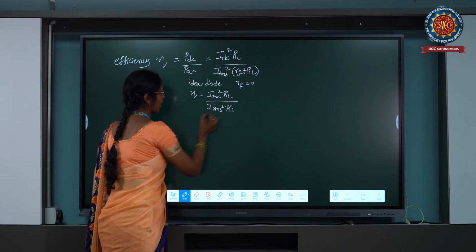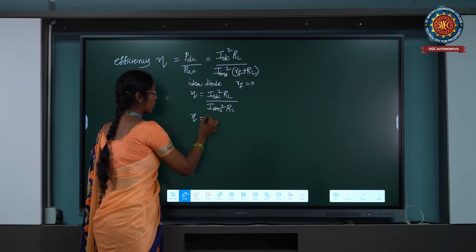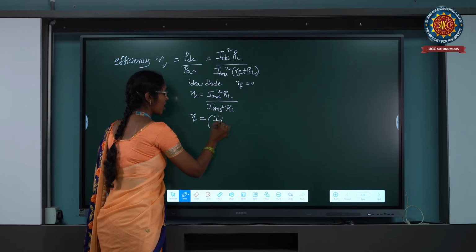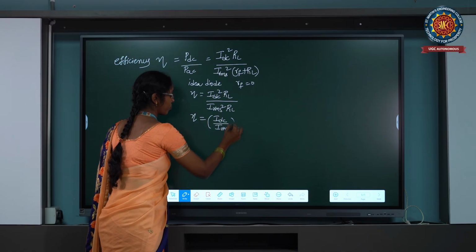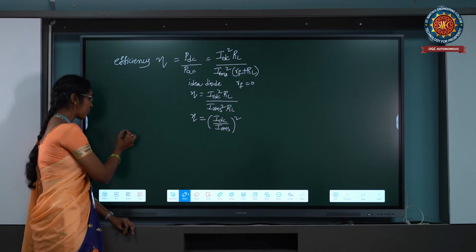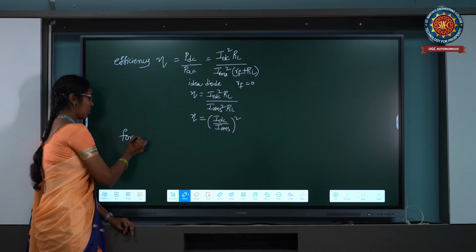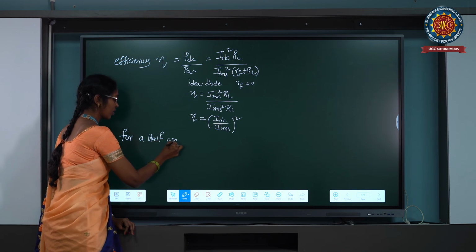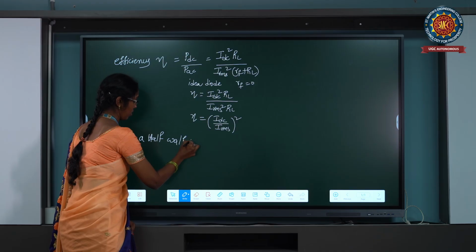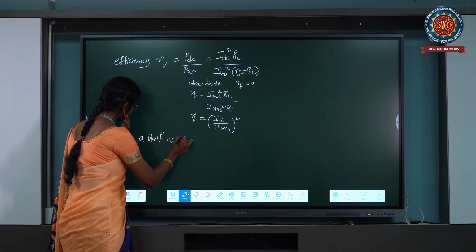RL gets cancelled. Eta is equal to IDC by IRMS whole square. For a half wave rectifier,